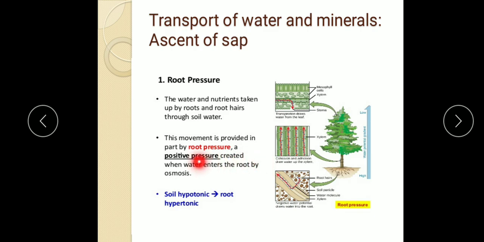This pressure is developed due to the cell to cell osmosis of water in the root xylem. Okay, and this root pressure helps to push the water upwards. Water and minerals are also dissolved, means water soluble minerals are also transported through it, so that we call it as a sap, plant sap. It moves upwards. Now further we will see this root pressure, you understood.